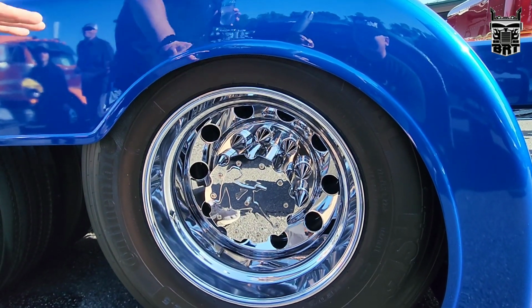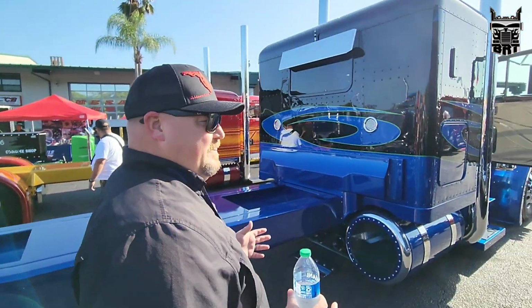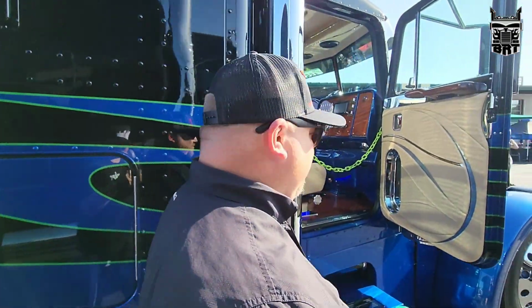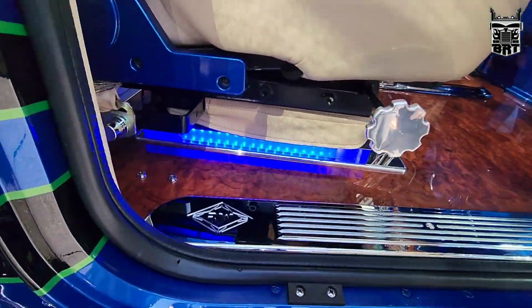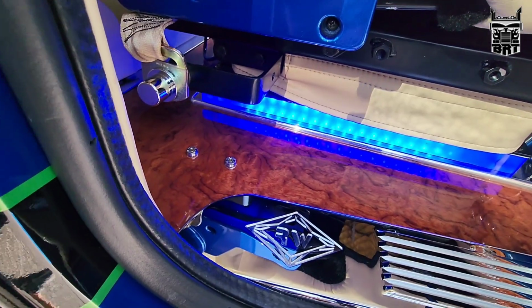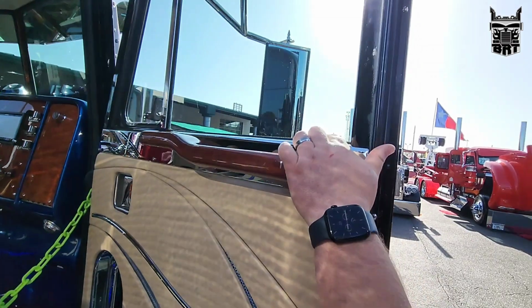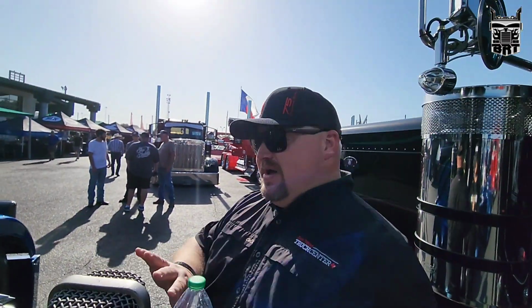So every single one of them, and it carries all the way through the whole entire truck, there's, I call them little Easter eggs, but there's bullet casings that have been inset in random places. There's some inset down here in the floor. Wow. You really would not know this without really looking. These are bullet casings up here, and when we pop the hood, I'll show you how that whole